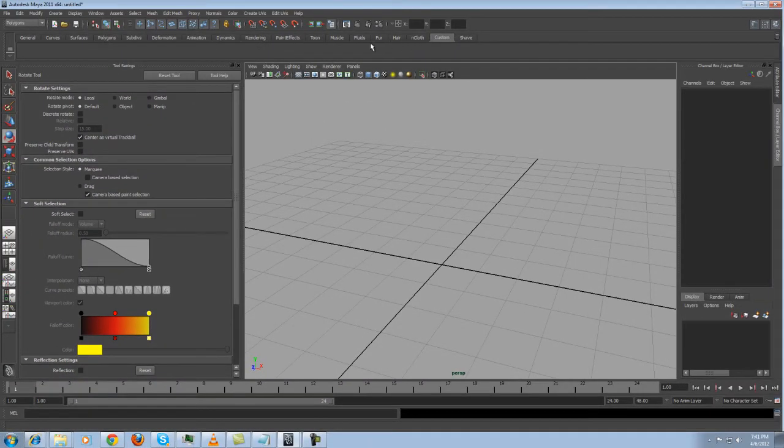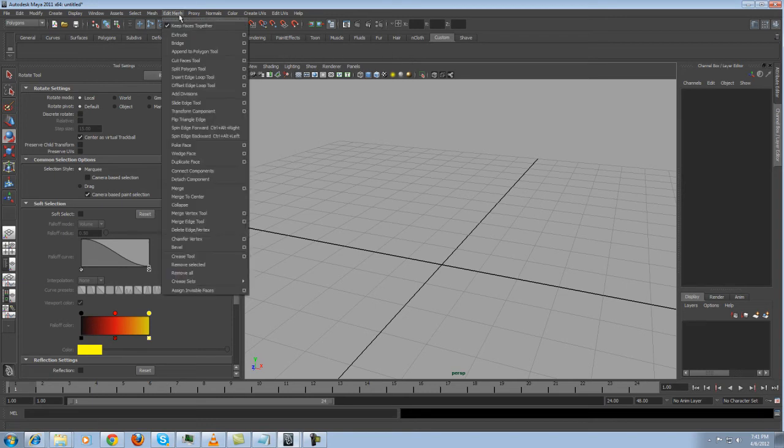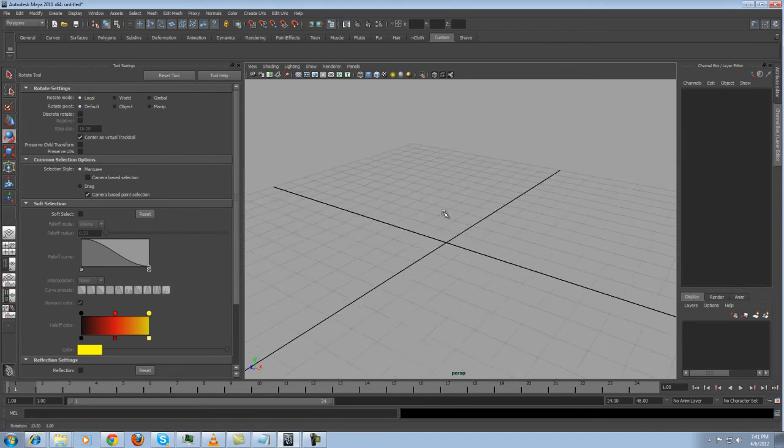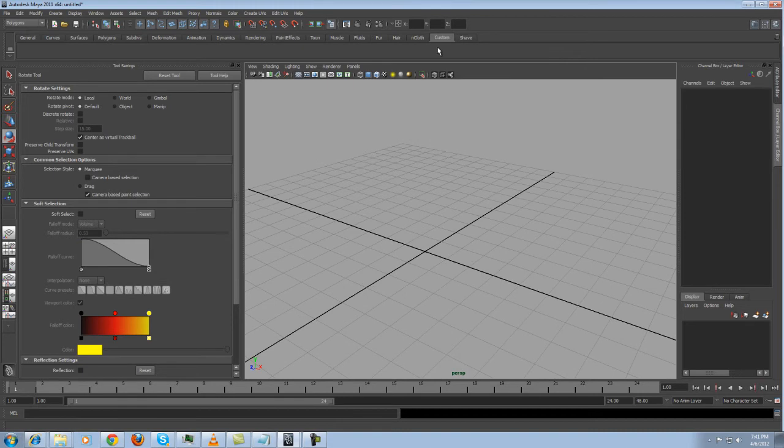Each of these toolbars have buttons in them that are linked to options in the various menu options here. But if you go to Custom, you can set your own buttons. So you don't actually have to go to things like Edit Mesh, Extrude all the time, and you can just click a button that will do that for you, instead of having to look through all of these options for the specific tool that you're looking for. So without further ado, let's get right down to business,